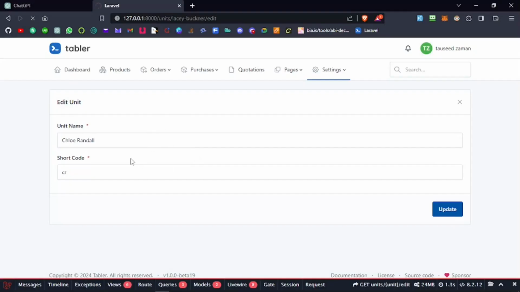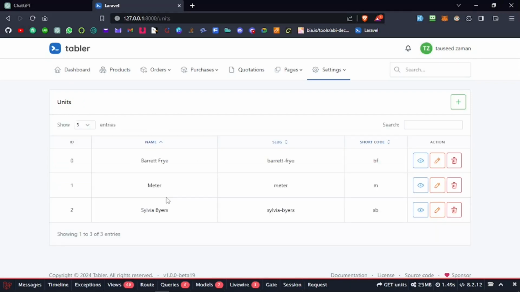Let's refresh the page and resubmit the edit form, and you can see the form has been successfully submitted, and we got the updated unit right here. So that is how we are going to move on with this application and update each and everything that can be separated and made multi-user. And that's our goal